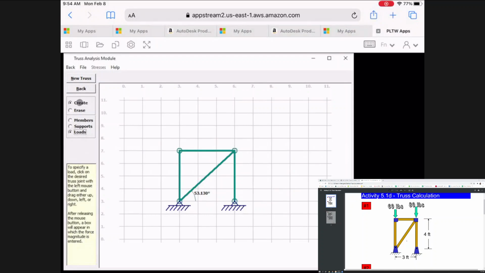Alright, now we want to create our loads. So make sure create is active, make sure loads is active, and if you look at your drawing, you've got 60 pounds pushing down above this joint and 80 pounds above the joint on the right. So again, make sure create and loads is active. Left click and drag down above this one and let go. And we're going to type in